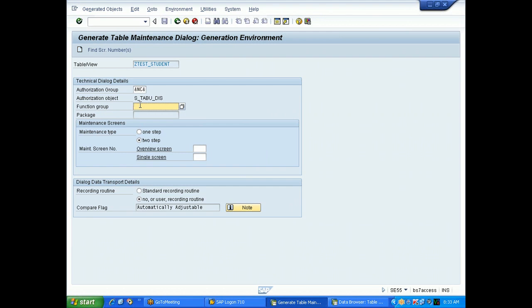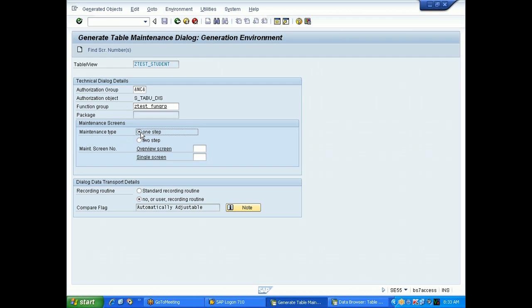A function group is required. You can give any name starting with Z, because right now you don't know what a function group is. We will discuss this in the coming classes. But right now, give anything starting with Z, like ZTEST_FUNGRP, some name starting with Z. You can give your own name also with Z. And the maintenance type, one step.